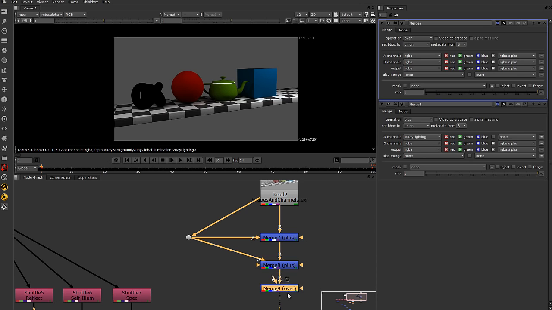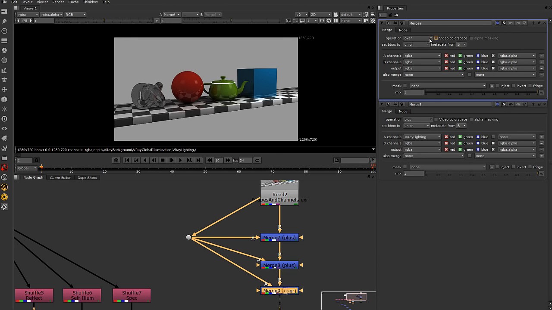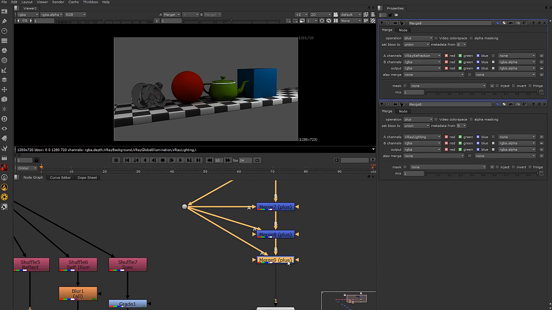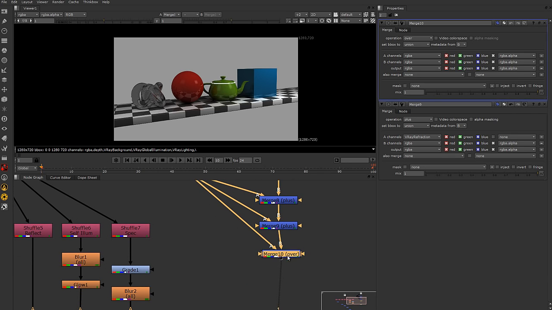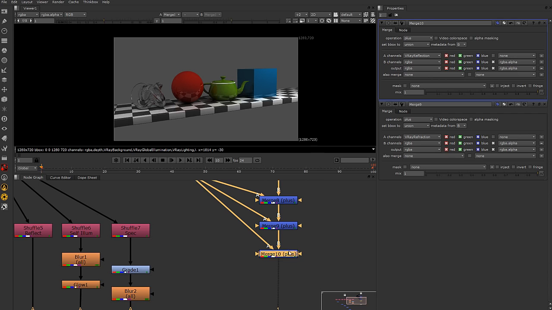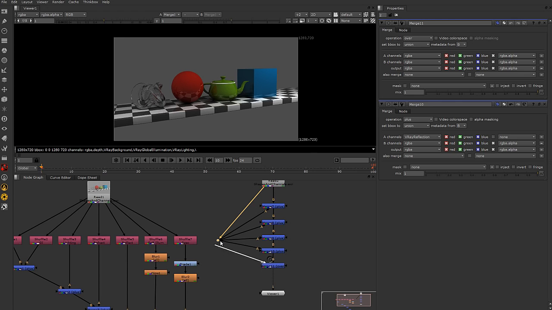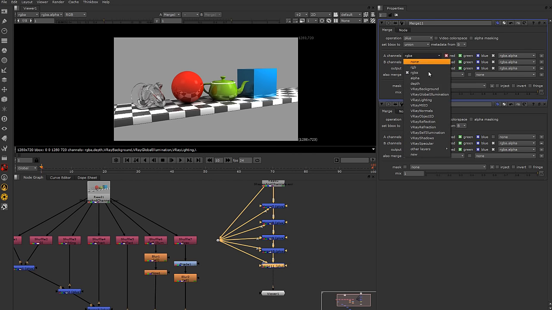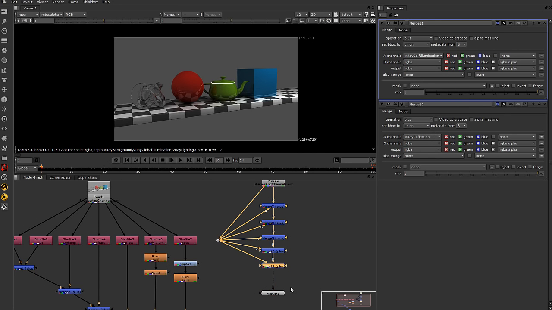We go with another merge, pipe the A channel into the dot node, double click so we're looking at the right one. This one's a plus, and the A channel is our refraction. We'll do another merge, pipe the A channel into the dot. Give ourselves a bit of real estate here. Double click on it, change it to plus, and the A channel is reflection. Do another merge. Bring the dot node down a little bit. Pipe the A channel in. So we're just maintaining this same process, and the A channel this time is my self-illumination as a plus,